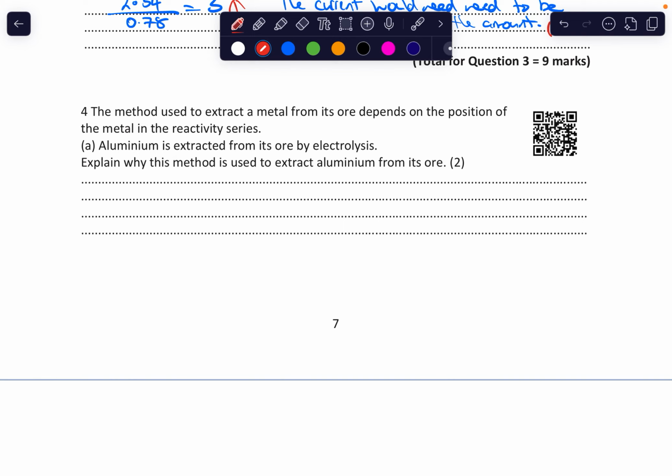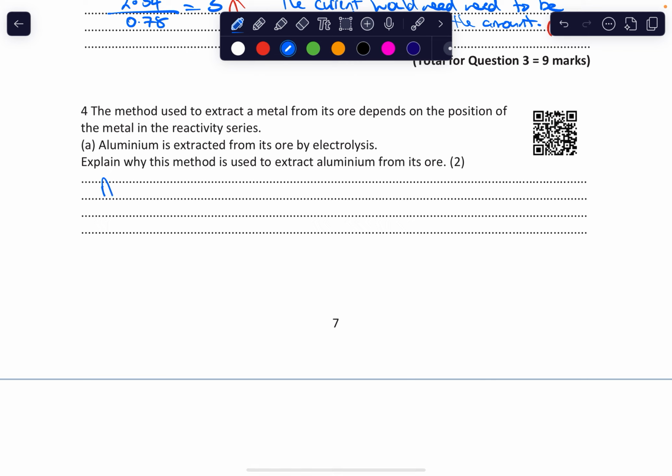Why do we use electrolysis to extract aluminium? That's because aluminium is high up in the reactivity series, so that means aluminium is a reactive metal. Because it's high up, the higher you go up the reactivity series, the more reactive you are, and therefore, in order to extract it, we need a lot of energy